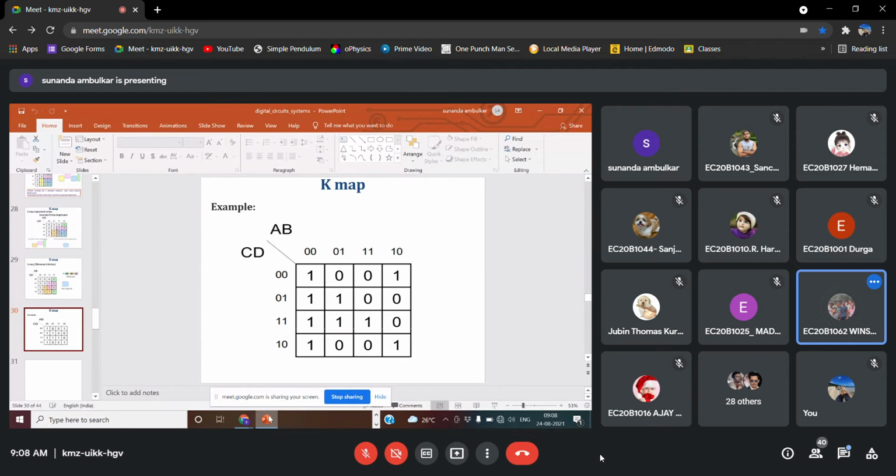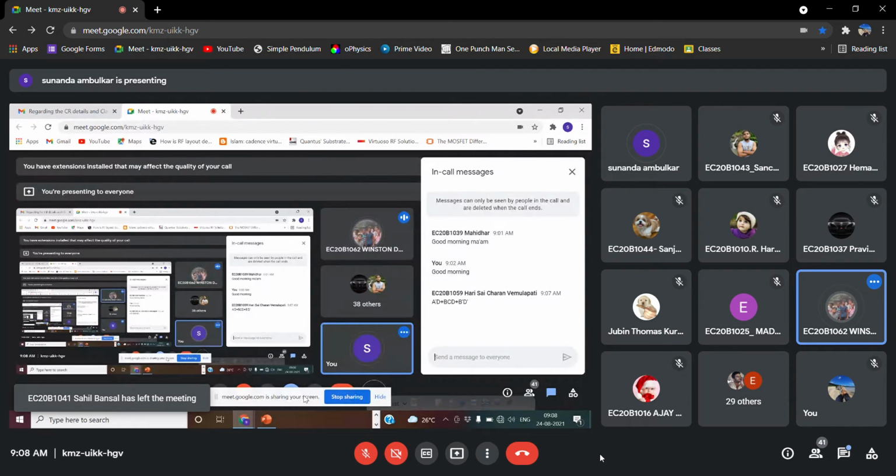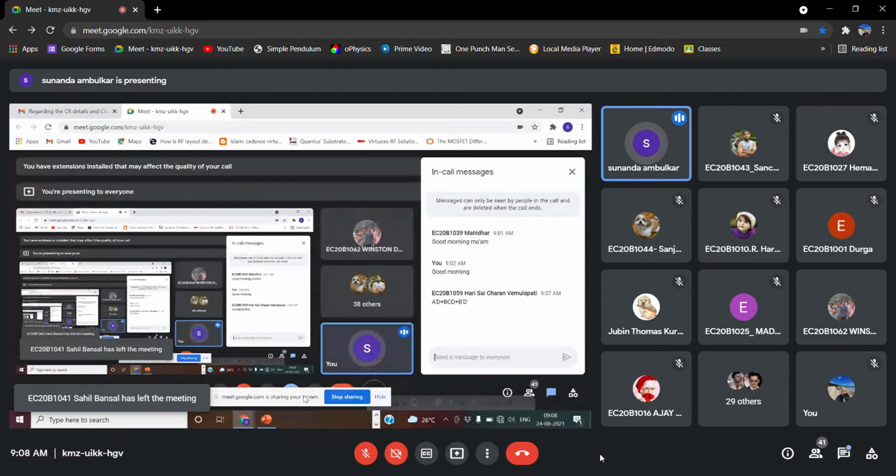Ma'am, in this question, when I circle, I grouped 4 ones, but then all those 4 ones are circled with some other ones too, which are prime implicants.